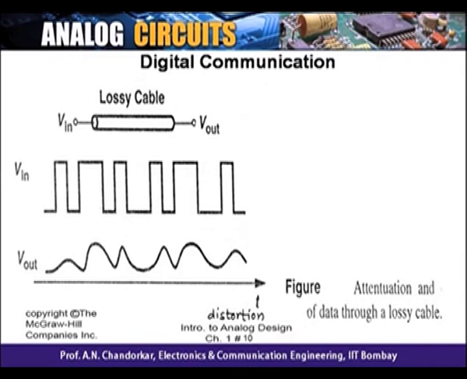Particularly this will be dominant if the frequency is very high. If you are looking at 4 gigahertz or above, or even 1 gigahertz or above, it's more likely that the digital data will be smeared to become analog. So even if I am a fully digital person, I now have to worry about how to process data which is seen as analog so that I still remain in the digital domain. That is another problem where analog people are now coming to the help of digital.